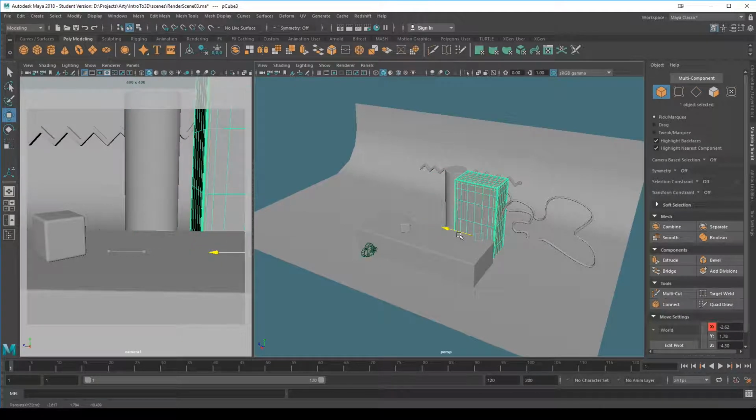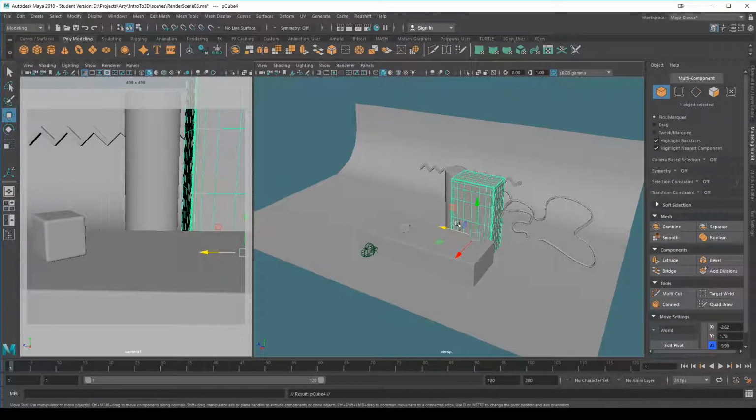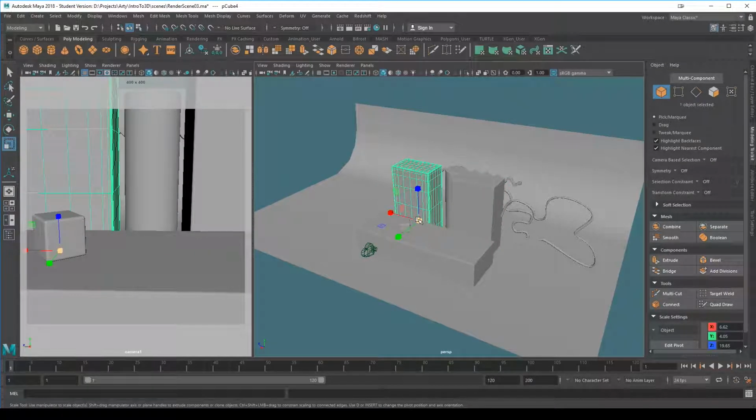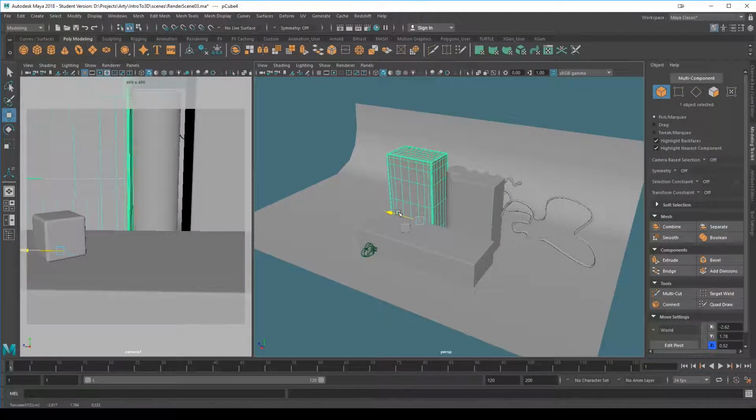And I kind of like this idea. I might just duplicate a couple of these. You know, this is experimental. This is kind of the fun of 3D. Normally with this sort of stuff,